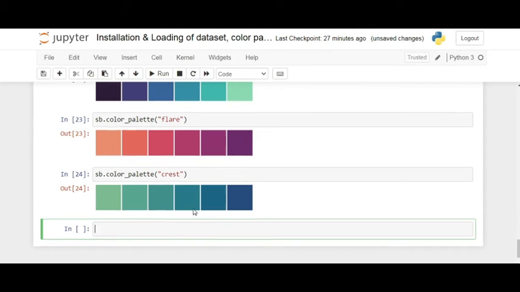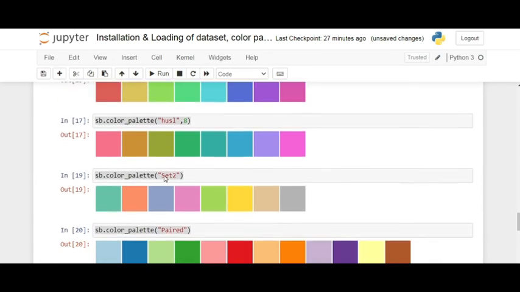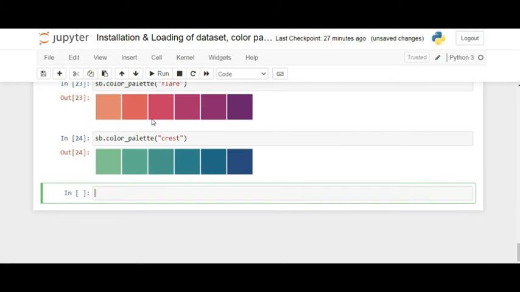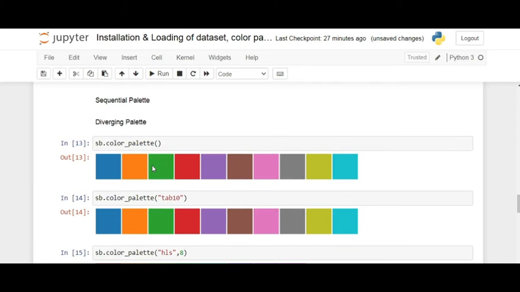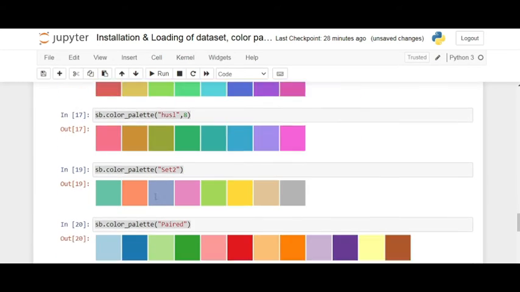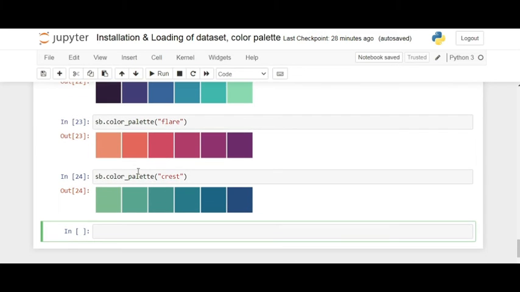So you can observe this pattern of the colors and these patterns of the colors. The first one was qualitative, in which an extremely distinguishable pattern is there, but in the sequential one we can observe there is a smooth change from low to high.